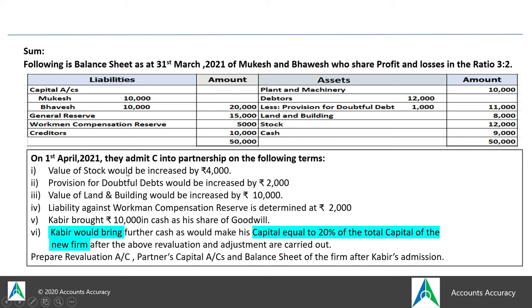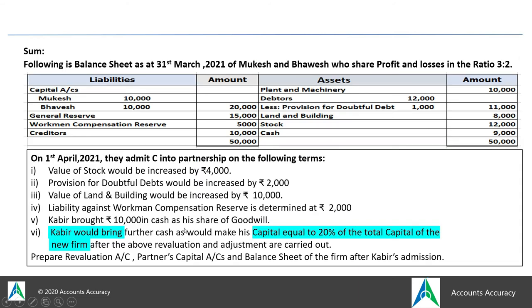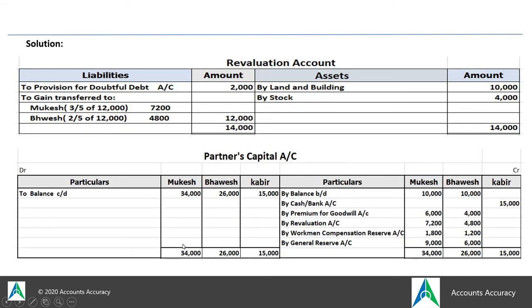The other things, that is the revaluation account, there will be no change as we made in the first case. Same way we will make the partners' capital account, all the entries will be passed as it is. Here the new partner's capital will be calculated keeping the old partners' as base. That needs to be calculated. So simply this part is required to be understood. Rest of the revaluation profit, workmen compensation reserve, general reserve, everything you might have understood in the previous sum well.